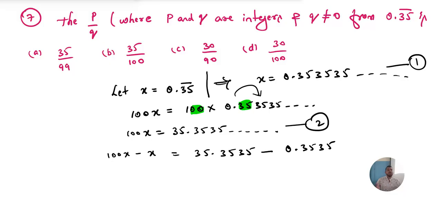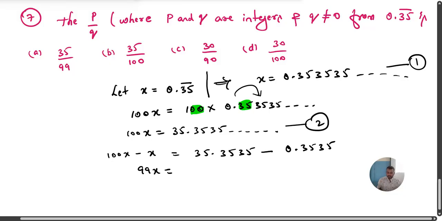I will write this one also two times. So 100x minus 1x is 99x. Now as you can see,